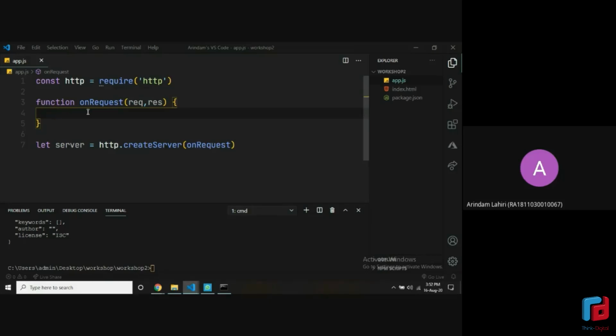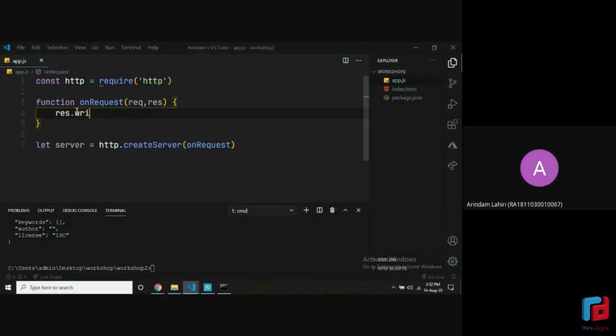Then the server responds with a link or with the files, that these are the files which he'll be needing to watch the series. All right, and that's called the response. So whatever the client sends to the server is the request, and whatever the server sends back to the client is a response. I'll be showing you more things on how this works. For now, let's just send a response.